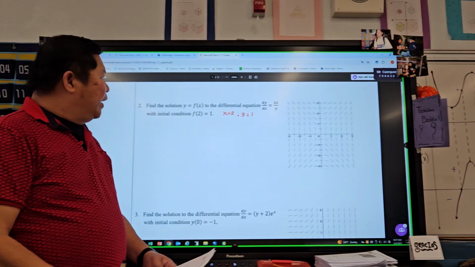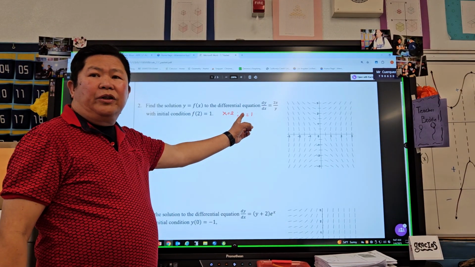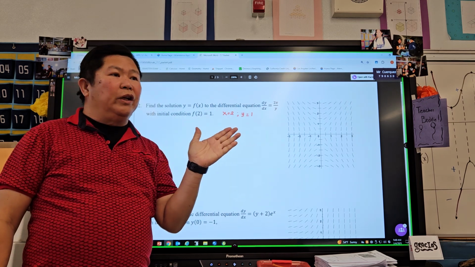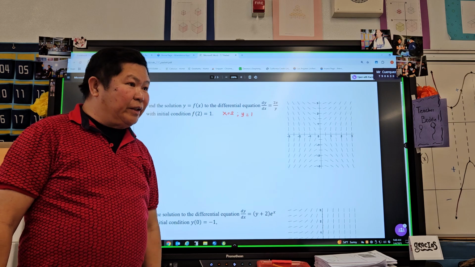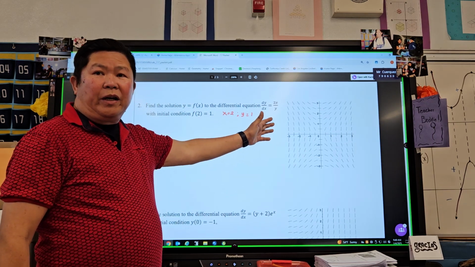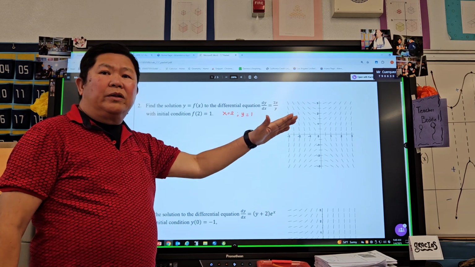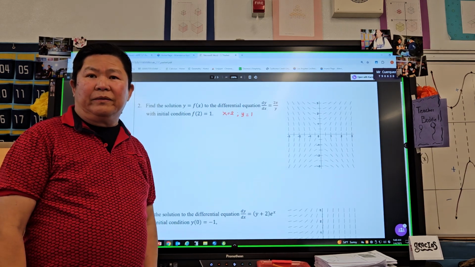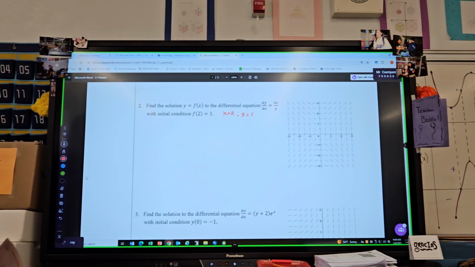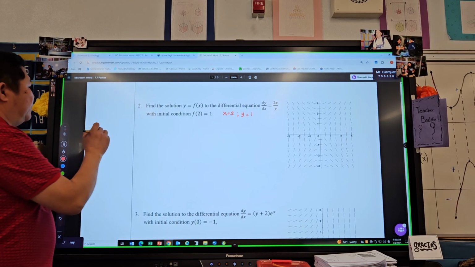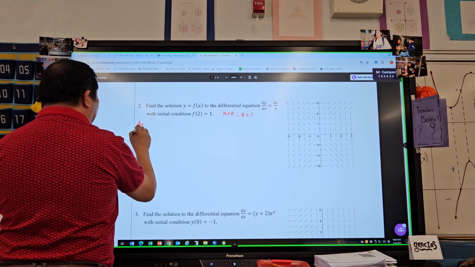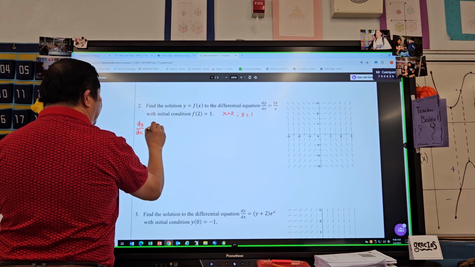Positive or negative? Therefore, if we graph this one, we only have to graph the positive, okay, not the negative. Same as or similar to number 1, our concern is to graph only the positive because the value of y is positive. So next, we're gonna have dy over dx is equal to 2x